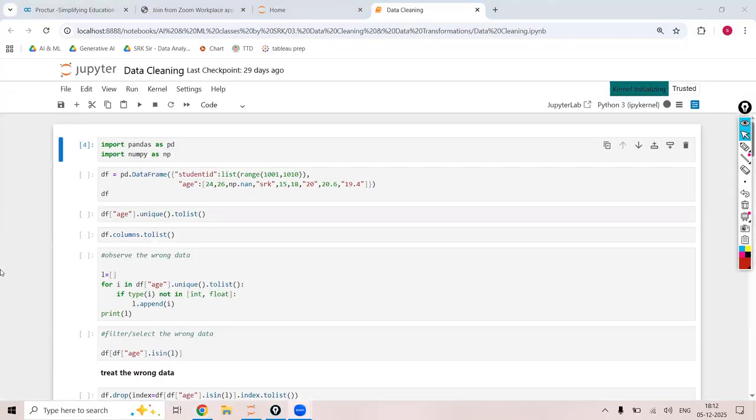Done. So in the last class, we were discussing the data cleaning techniques, and let us complete all the types of data cleaning techniques in today's class. Okay. Now, the first one is